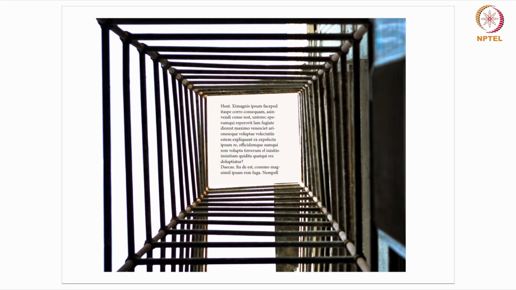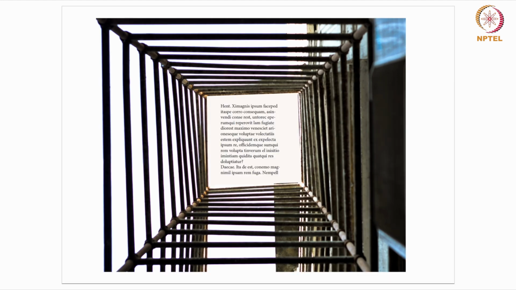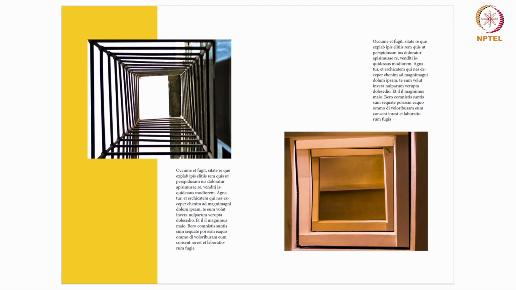So this is another way to look at this. For example, here the text is in the bottom right corner, and the main emphasis has been given to the image. In this, the focus is on the text. Now the text has come to the center point. So this is how, using the same image, you can change the layout and play with the grid system to create a lot of variations within the layout.